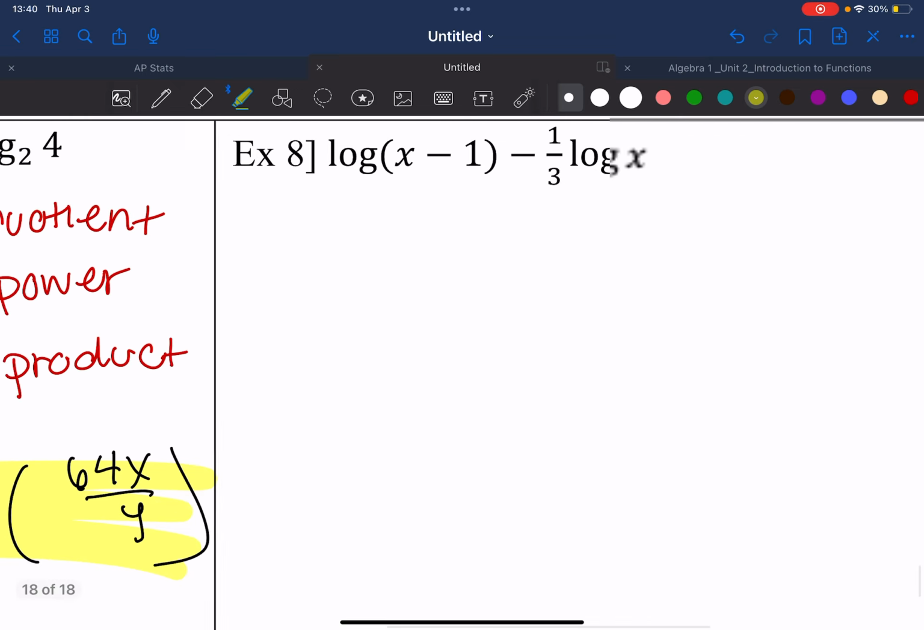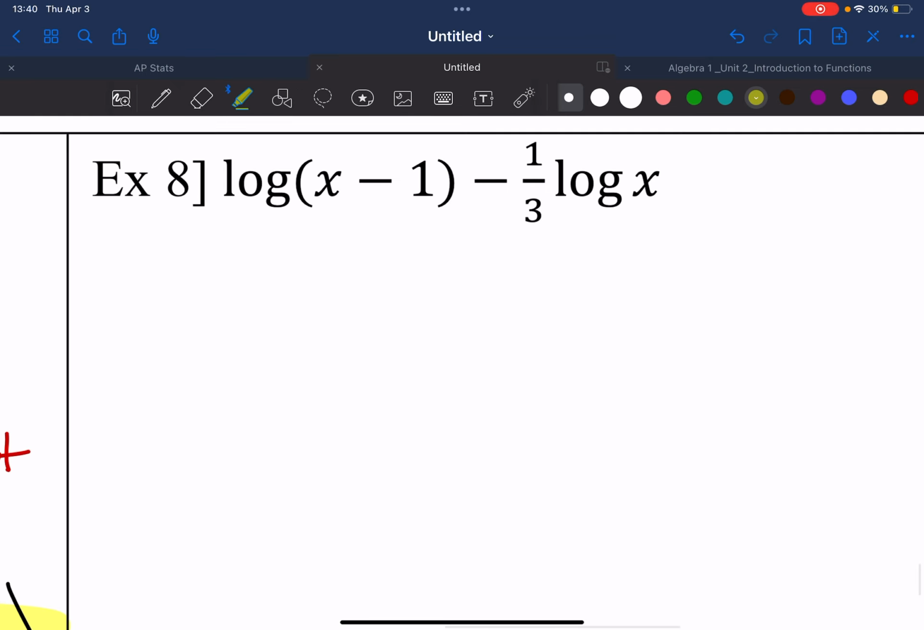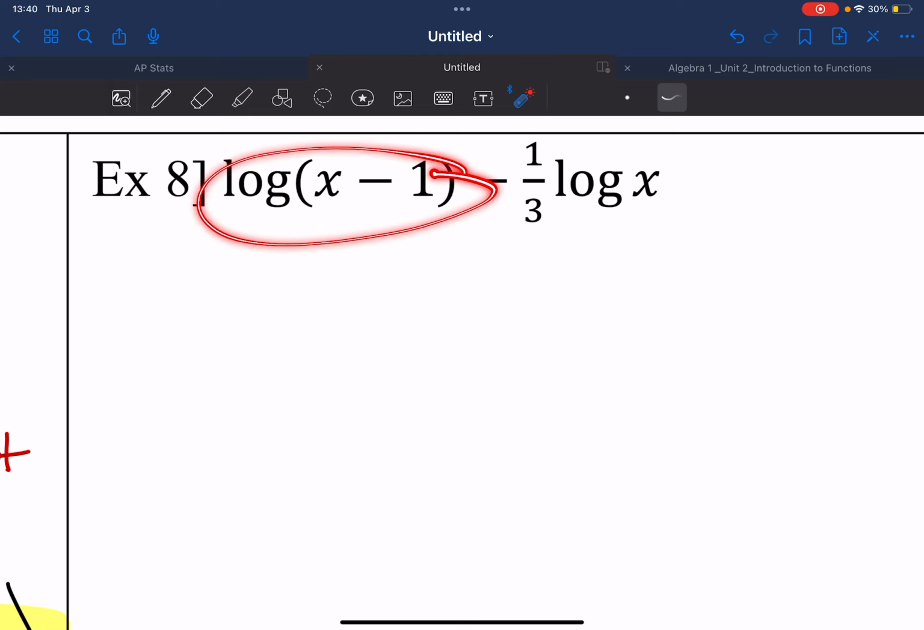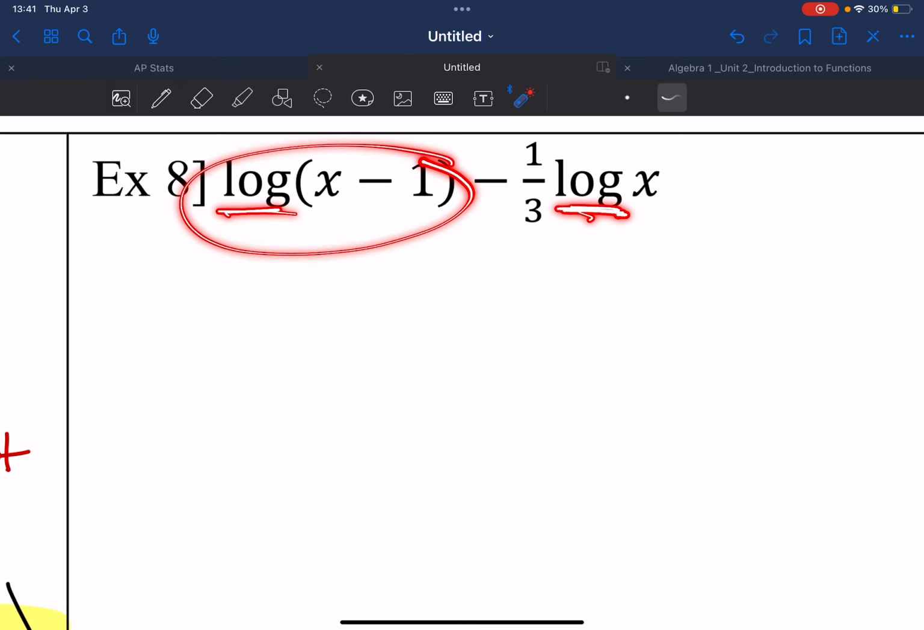Okay, last one, number 8. Notice in number 8 that we have this x minus 1 in parentheses. All this is telling us is that this entire term belongs to this log. So instead of saying, okay, there's a minus there, let me use the quotient property to turn it into division, you should see, well, wait, there's only 2 logs here. So that means this is one term and this is the other. So before we do anything,